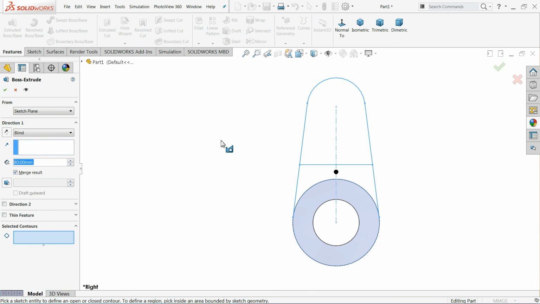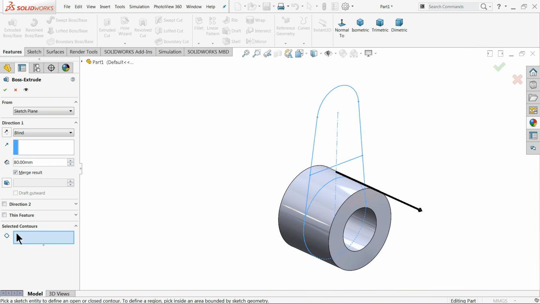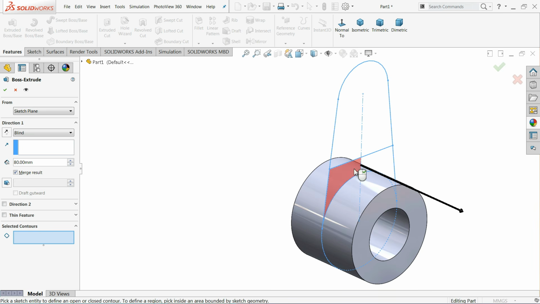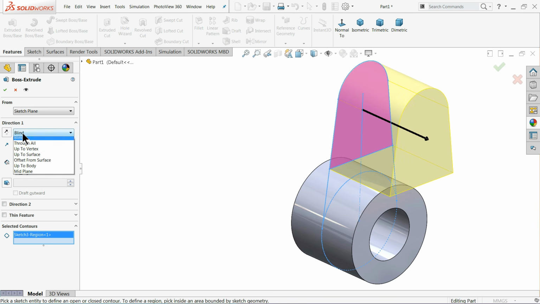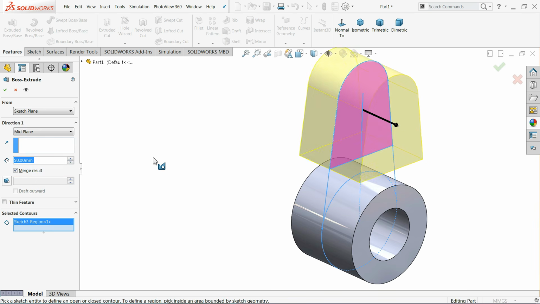extruded boss base. Now here selected contour, we have option which field we need to expand. So we will choose this top one, that is 50 millimeter, and the same thing we will apply here mid plane, so that it will move in both direction. Okay,